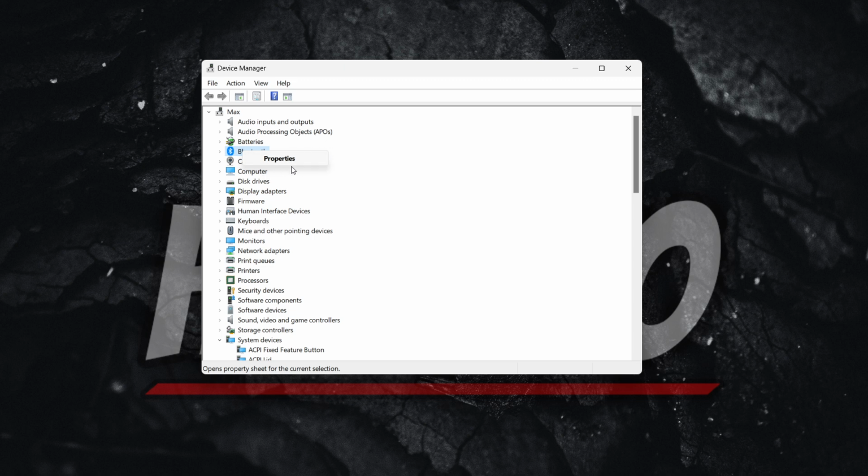What you want to do is click that, and then it will ask you if you want to find that driver on your computer, or if you want Windows to search for it automatically. Simply select search automatically for updated driver software, and then simply follow the rest of the steps, and you'll be able to successfully update your Bluetooth driver in